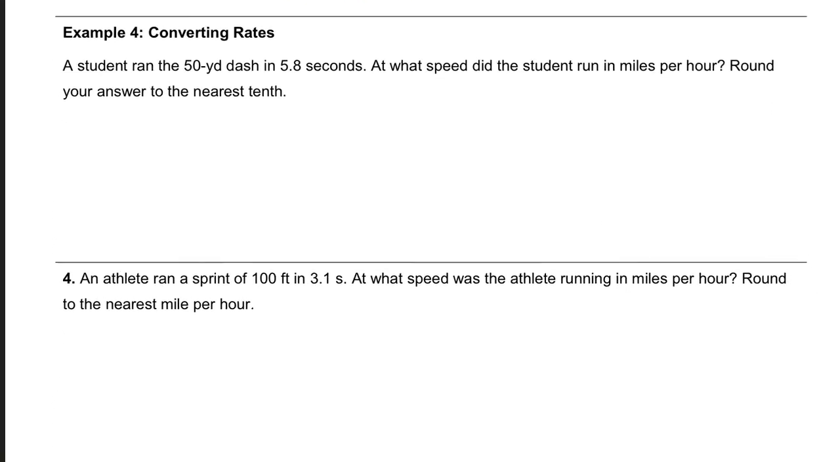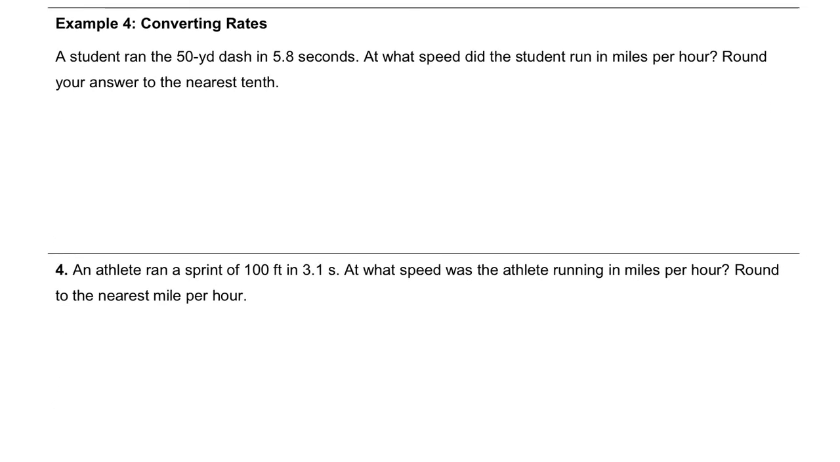Okay, so for example 4, you're converting a rate, which is a ratio with 2 units. So in this example, a student ran the 50-yard dash in 5.8 seconds. So I'm going to write a ratio of 50 yards over 5.8 seconds. What I'm asking you to find is the speed they ran in miles per hour. So we're going to use this to convert yards per second to miles per hour. So the easier of the two, I would think, to convert is seconds to hours. So we're going to set up